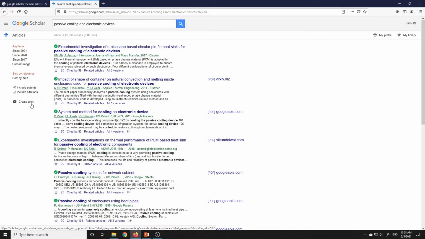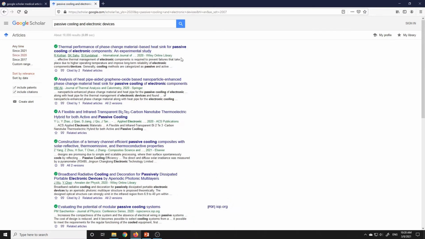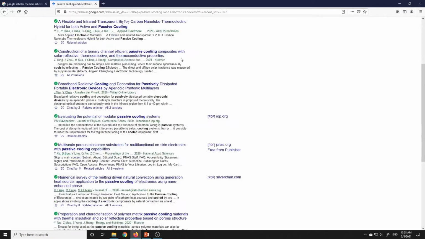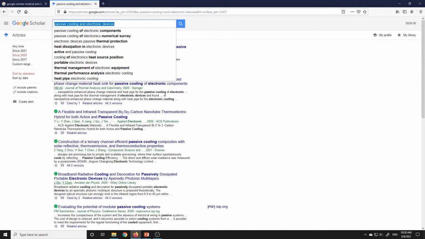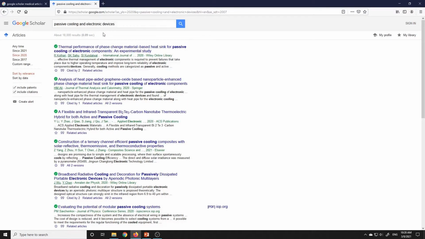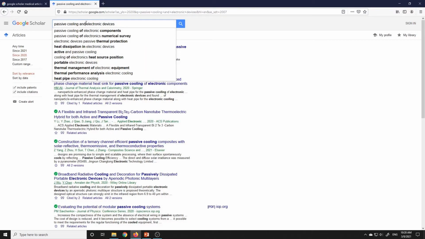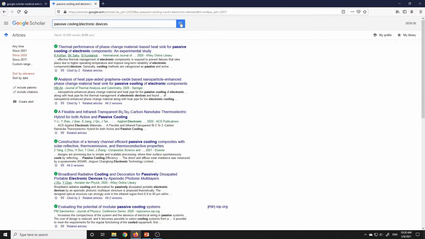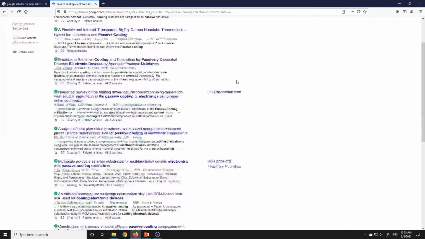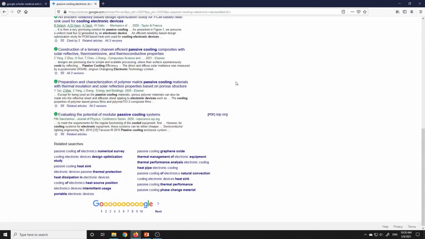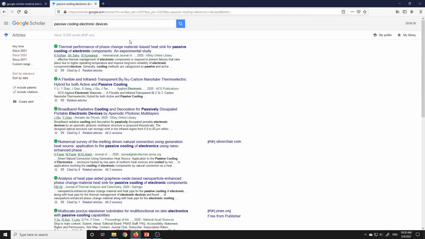Let's say from 2020, whatever research has been conducted and whatever papers have been published regarding passive cooling and electronic devices, you can use 'and', or simply search passive cooling of electronic devices. So this is one way where we are able to find our required research article.